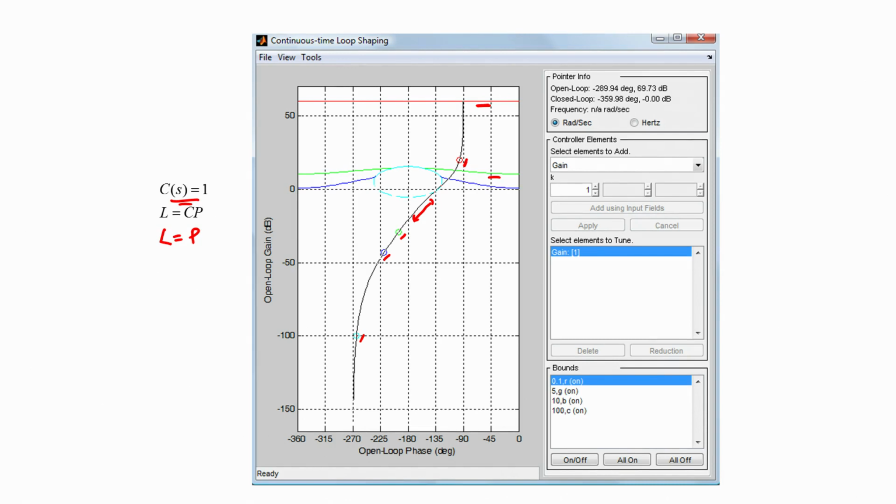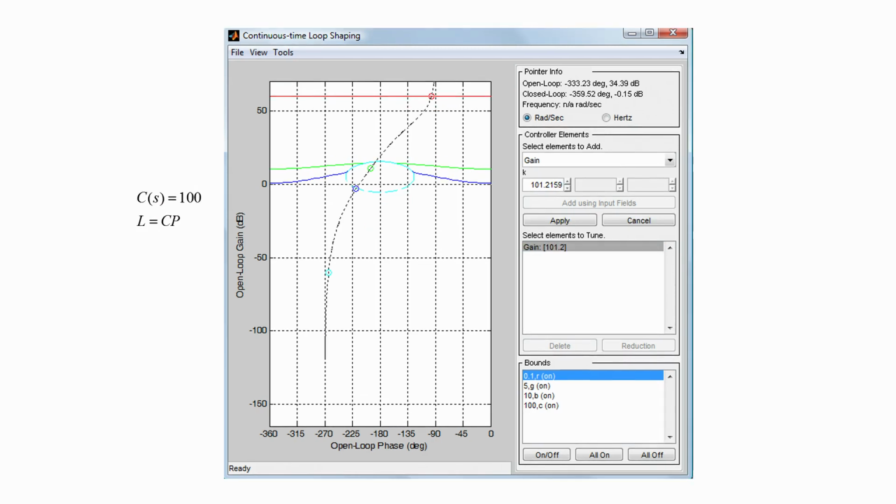Now the software allows us to interactively change the gain of the controller and add different elements to the controller, namely poles and zeros, including complex poles and complex zeros, that will allow us to change the appearance of the loop shape. For instance, if we increase the gain of the controller by a factor of 100, the whole of the Nichols plot gets pushed up. So if you remember, the Nichols plot earlier looked something like this, and it got pushed up by 40 decibels as a consequence of choosing a controller of this particular structure.